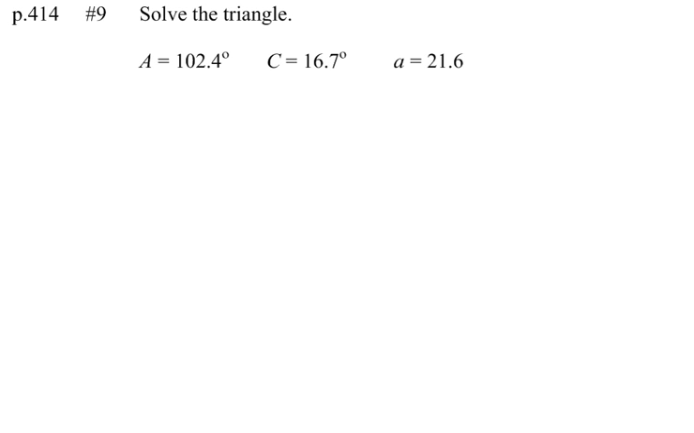Page 414, number 9. Solve the triangle. We're given two angles, angle A, angle C, and we're given side A. Well, let's start by making a sketch. And since angle A is obtuse, I'm just going to reflect that in the sketch that I make of this